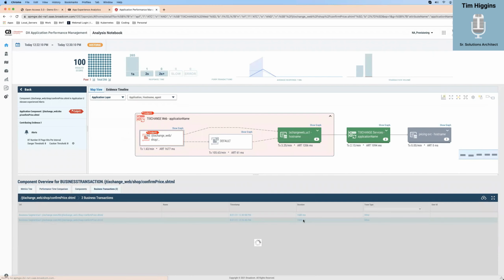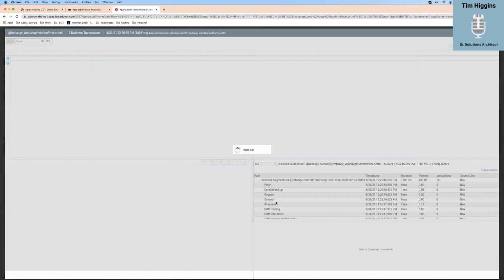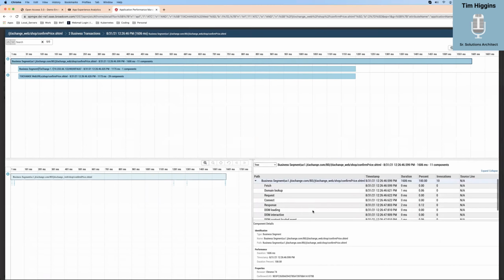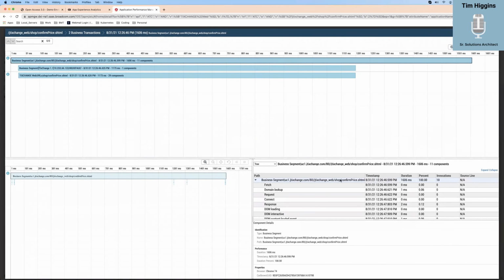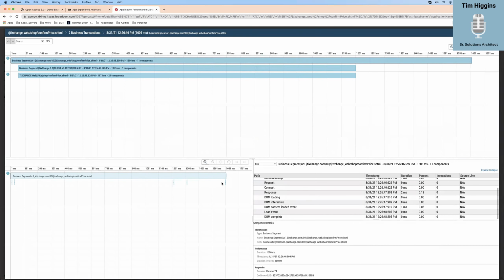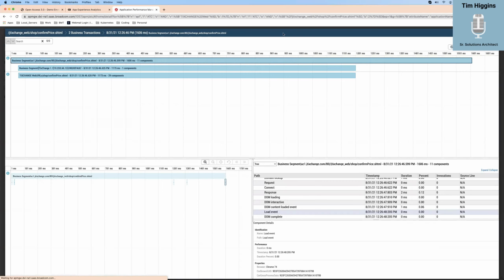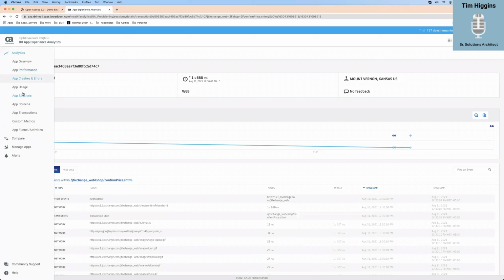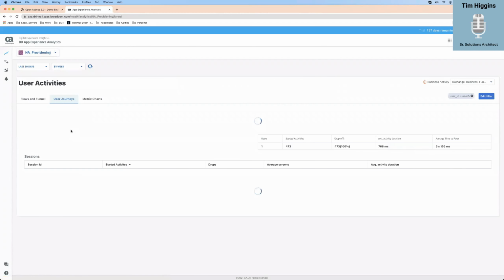And if I click on one of these, I can also see, again, the upside down birthday cake, or what I call the transactional trace. That's really what this is. But it is coming from this HTML page, and it feeds through any other component as it's going through. So let's close this and close this. And let's look at just a few more things, and then we'll start wrapping it up.